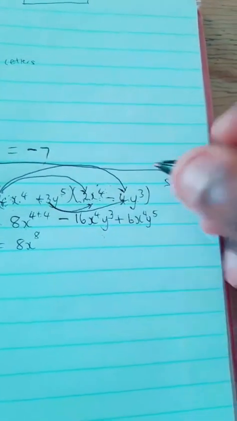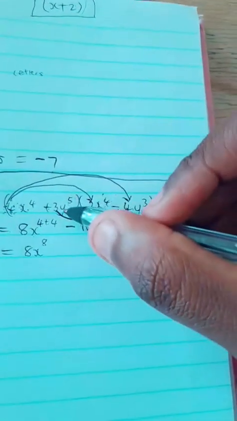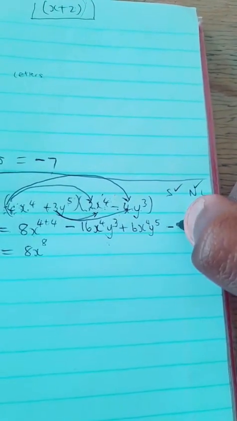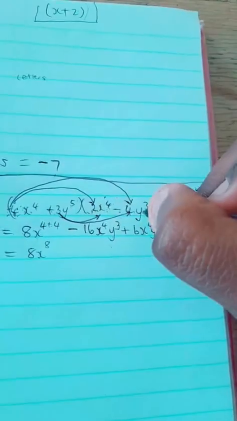Positive times a negative is negative. 3 times 4 is the number after that. 3 times 4 gives us